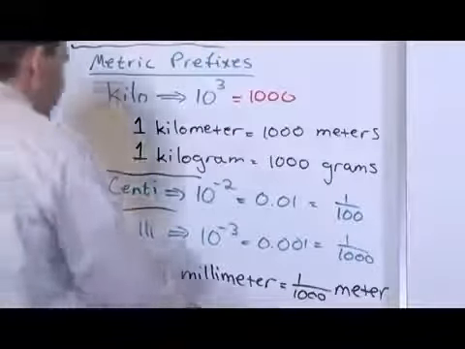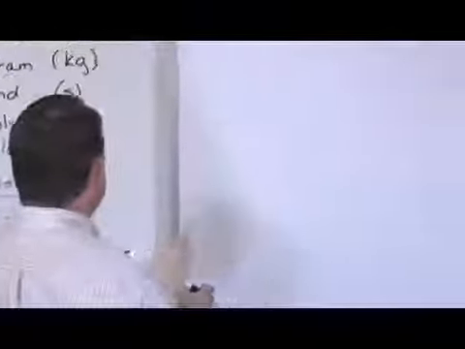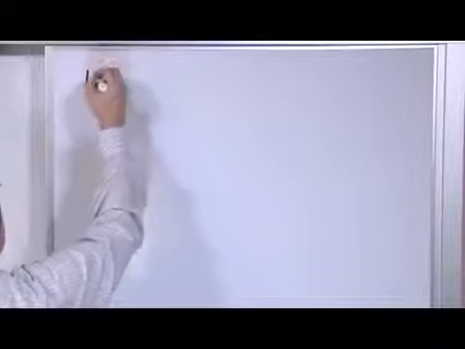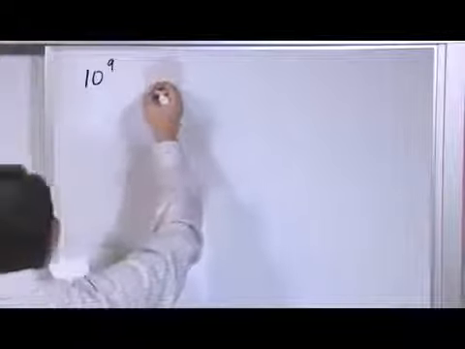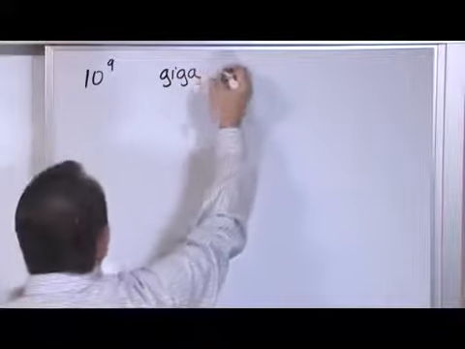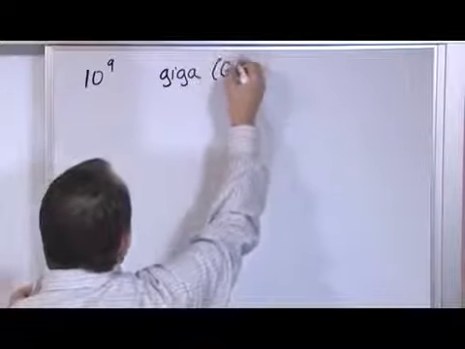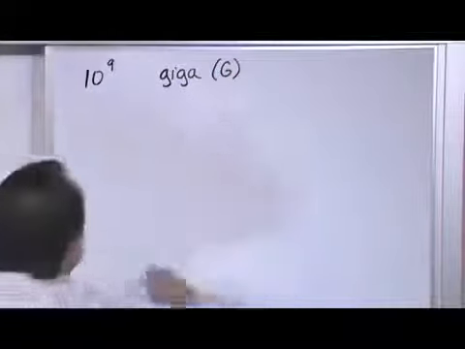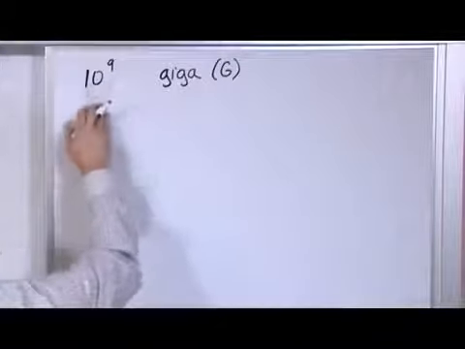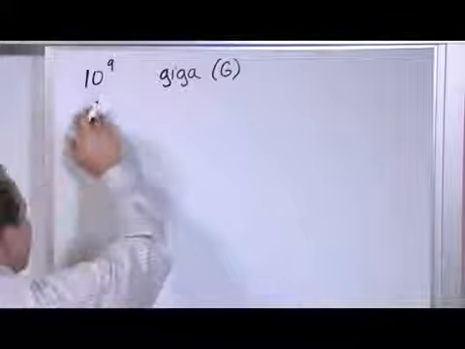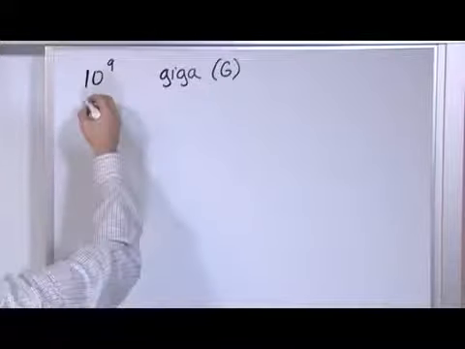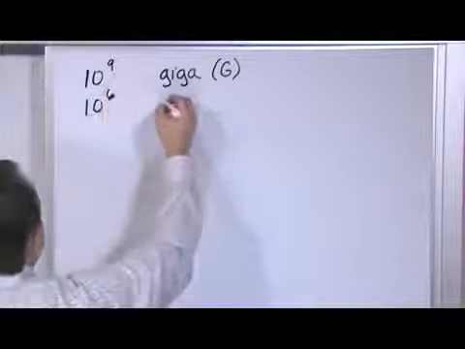Now, let me write a little table for you, just to help you out. You're probably going to find this in your book, but just to help you out. 10 to the 9 is giga, right? We represent that with G. You might have heard of gigawatts of electricity. That's a huge unit of power. That's 10 to the 9, right? That's a lot of zeros here. That's like a billion of something. That's giga. Then you have 10 to the 6, which is mega,